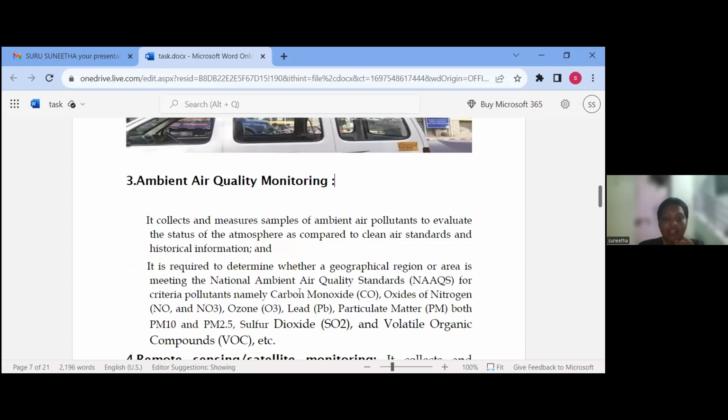National ambient air quality standards is one of the organizations which provides standards to the whole nation, like what the air quality should be, and they apply some rules to the people of the entire nation. By following these national ambient air quality standards, we can tell whether the air quality level is high or low. So ambient air quality monitoring follows the national ambient air quality standards, and it senses carbon